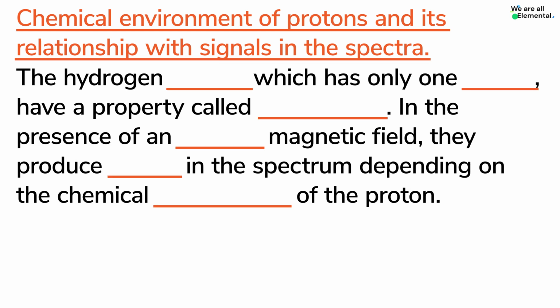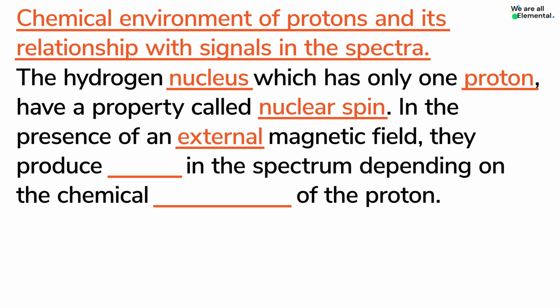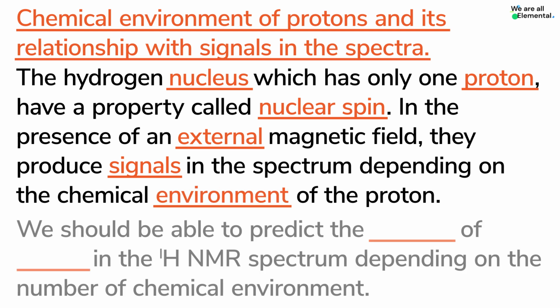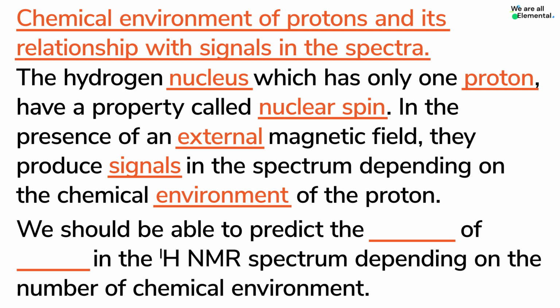The proton NMR spectroscopy is a powerful technique used to determine the structure of organic molecules. The hydrogen nucleus, which has only one proton, has a property called nuclear spin. In the presence of an external magnetic field, they produce signals in the spectrum depending on the chemical environment of the proton. We should be able to predict the number of signals in the HNMR spectrum depending on the number of chemical